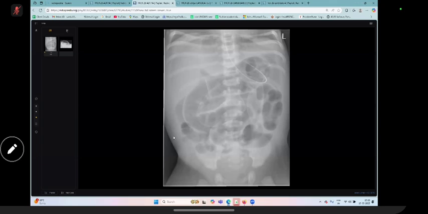Okay. This is an X-ray abdomen frontal projection in a 15 days old neonate patient, in which the first thing which I can appreciate